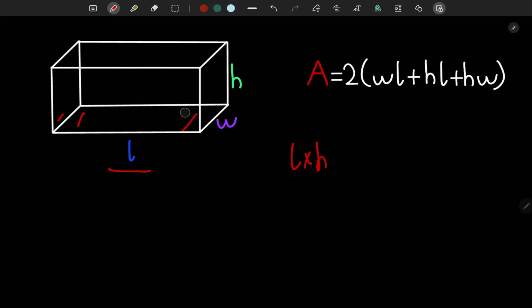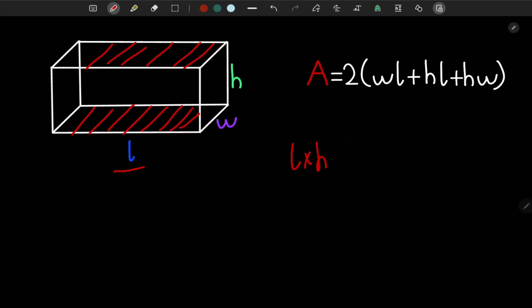Now there is the same side behind, which let's highlight, which is the same as this one. Since it has two identical sides, that is why we have this times 2 outside. Now let's move on to the next rectangle. Let's do this one, the bottom and the top one. So this is one rectangle and this is the same rectangle above, so that's why we have multiplied by 2. And now if you look at calculating the area of this rectangle, it is going to be L, which is this length, multiplied by the width, which is this one,